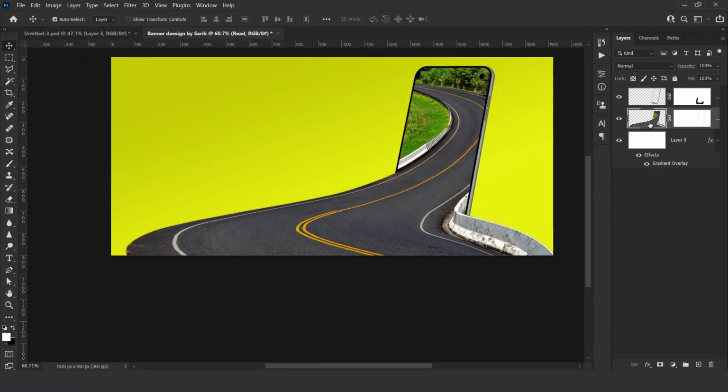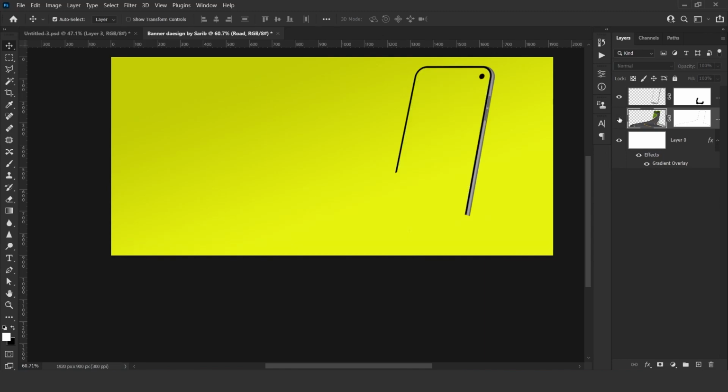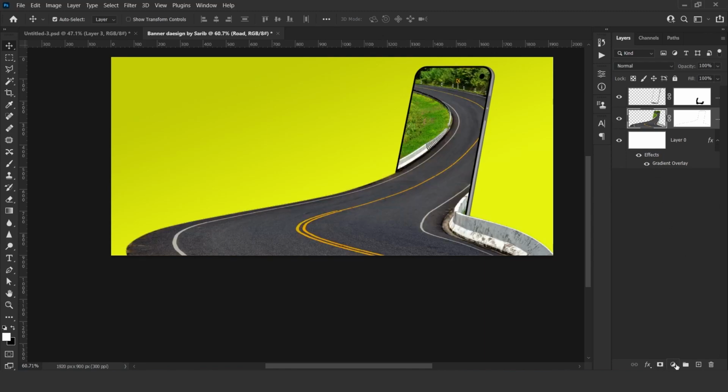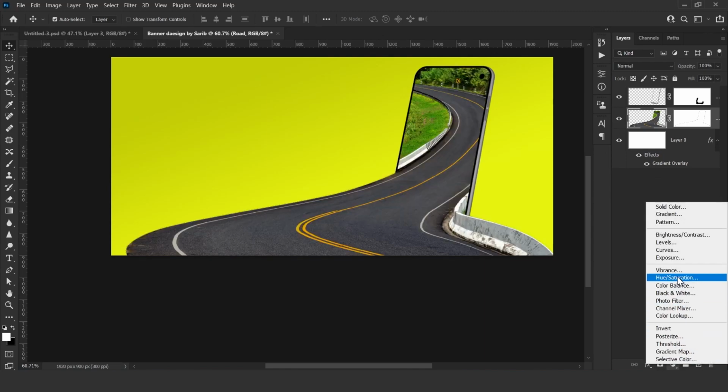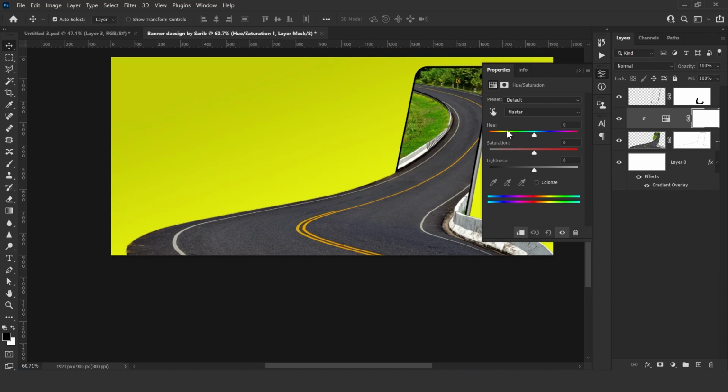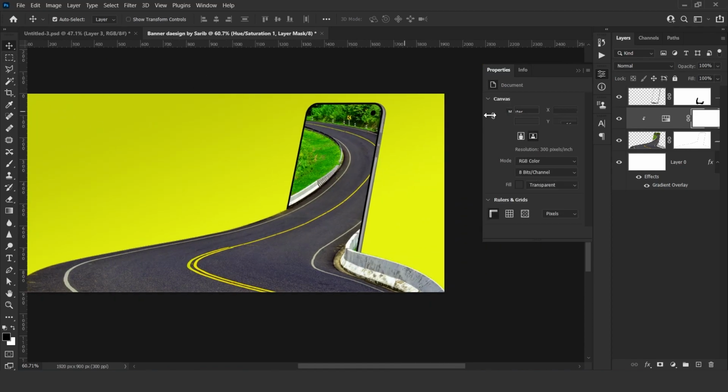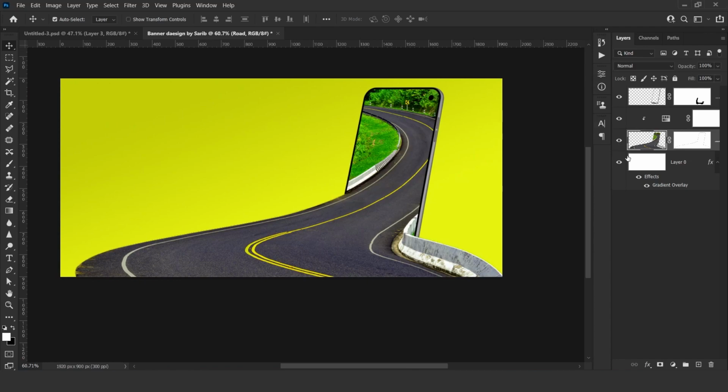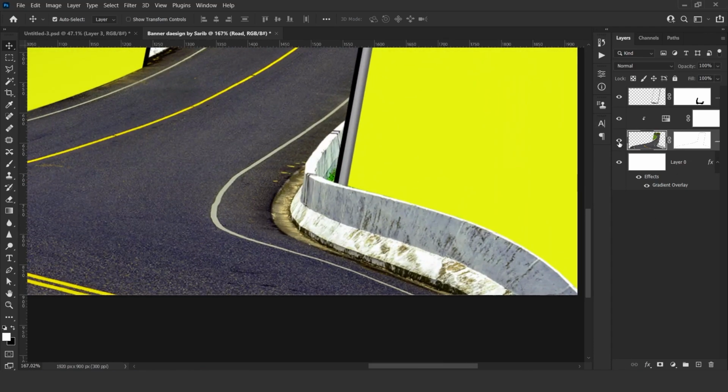Then we can modify the road color. So select your road image, go to this icon, click on hue saturation, click on this icon. We need to improve this little dirt here, so we need to remove this dirt. So select your image thumbnail, come to this mixer brush tool,